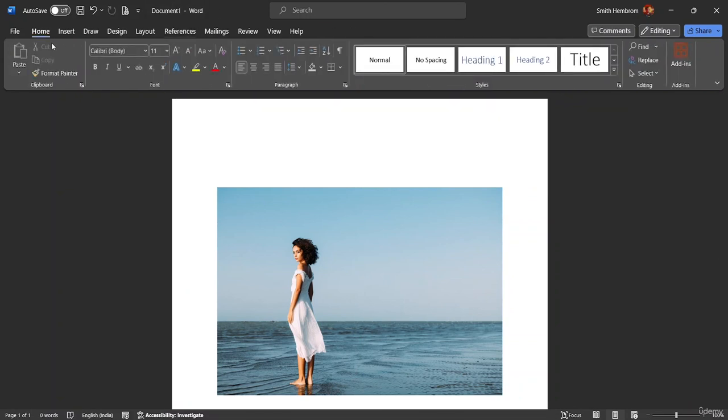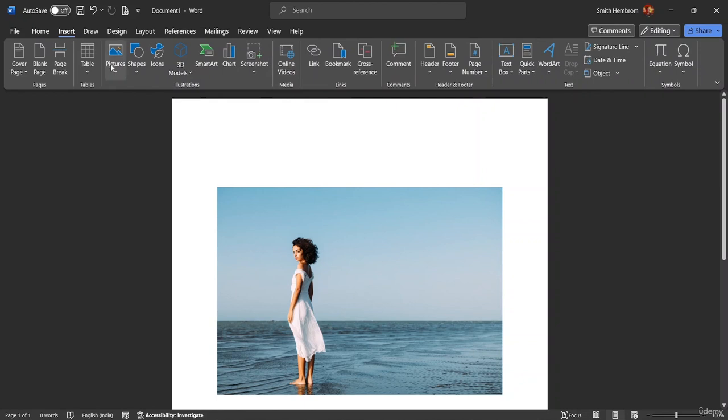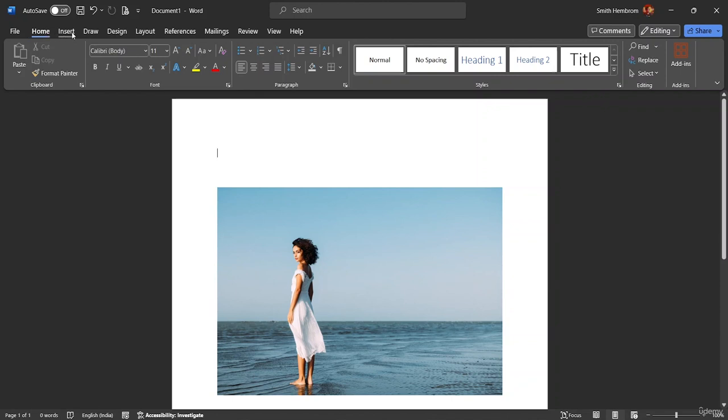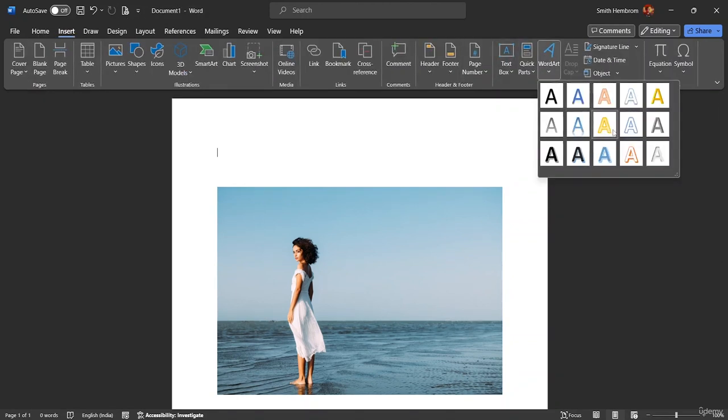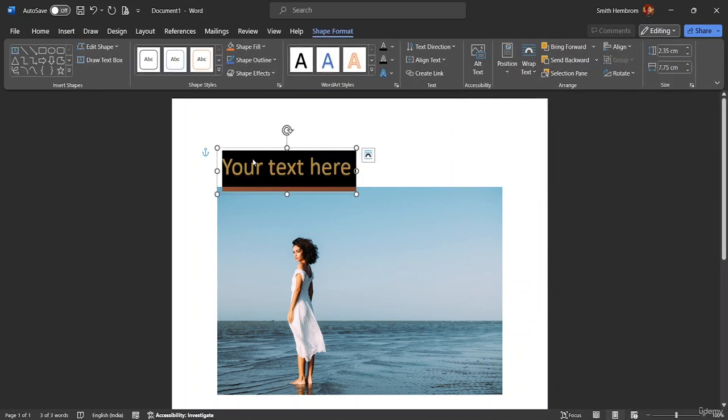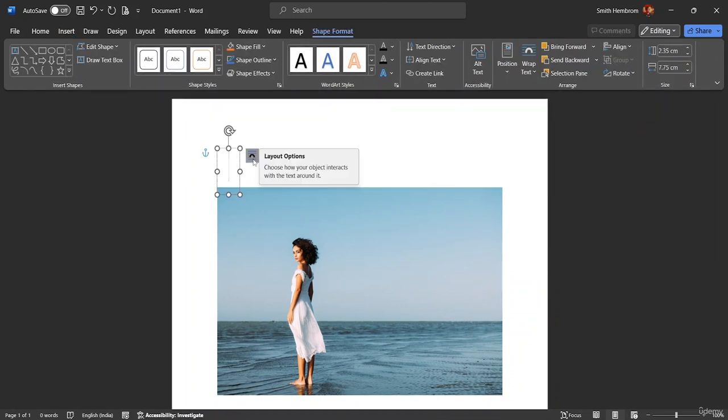Okay, so now from here also, if you come to the insert option again, otherwise instead of going to the insert option, what you can do is you can just come here in the home page as well. Otherwise, if you want to write some text from here, like from the word art option, okay, so here there is a word art option. Basically you guys will be able to choose what kind of word art do you need. So here now again I will go backspace, and now I will write